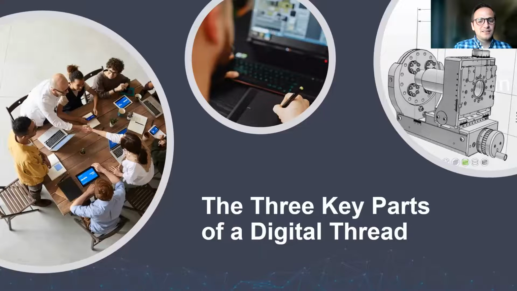Okay, so with that ground laid, let's talk a little bit about the 3 key parts of the digital thread, and then your insight built on top of that. In the research that we've seen, working with a lot of different manufacturing companies and speaking to a lot of people, the 3 key components of the digital thread are people, tools, and systems. Can you walk us through how the thread touches each of these different areas?